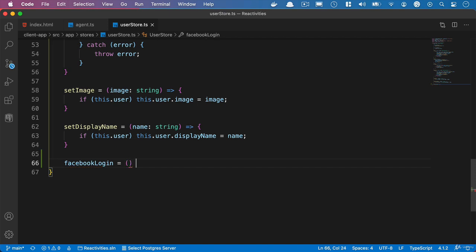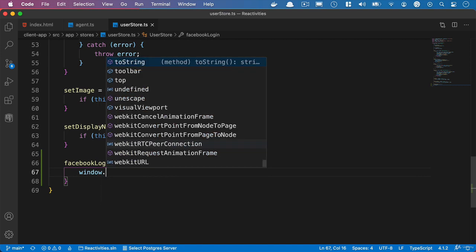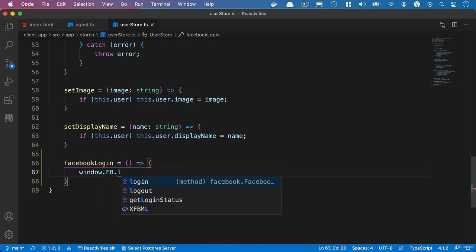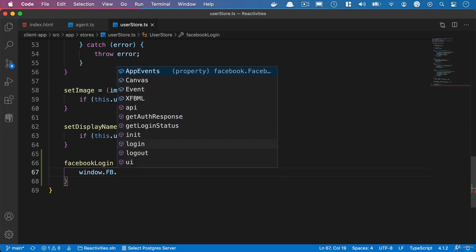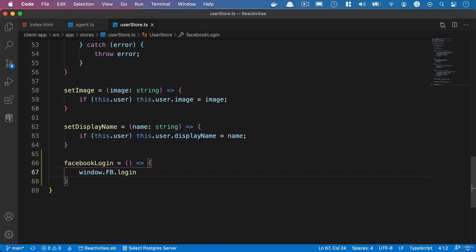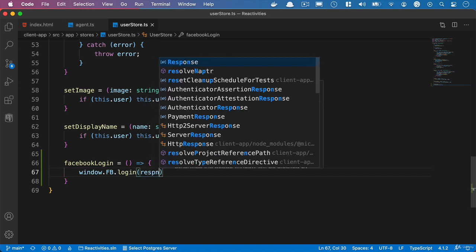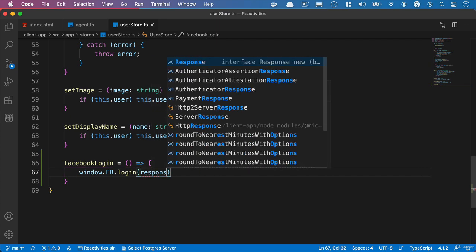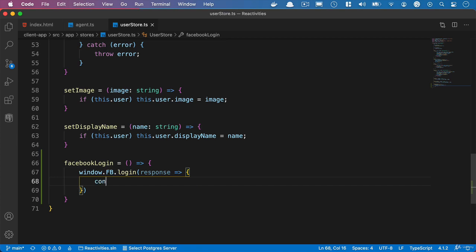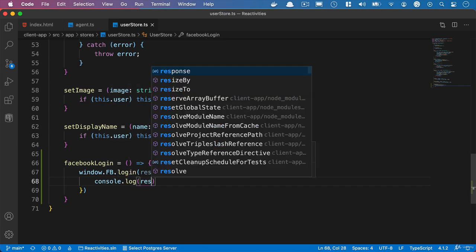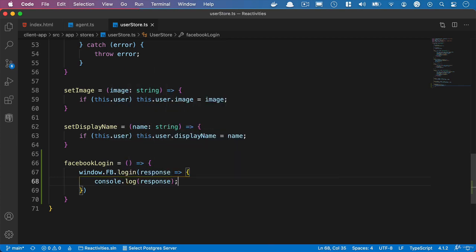That doesn't take any parameters. And what we'll do is we'll say window.fb, and then we've got access to the Facebook JavaScript SDK functionality. And we can see the different options we have. But we have an option to log in. And then what we can do is we can get the response from this. And all we'll do just now is we'll just console.log the response and see what we get back from Facebook